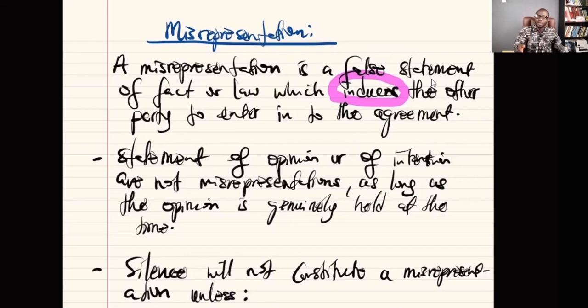And so that becomes what? A misrepresentation, and it makes the contract invalid. In your mind you are entering into a contract with Casa Preco, not knowing you didn't enter into any contract with Casa Preco, and you entered into a contract with somebody else who is not an employee of Casa Preco. But the person was able to convince you. Why? Because the person made a false statement and you were induced to fall into that trap.